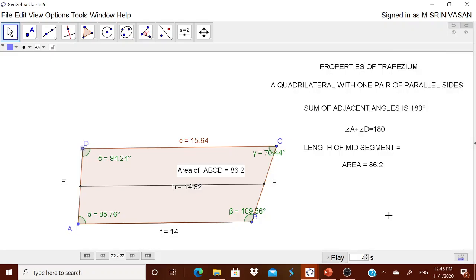and you can ask the children to calculate the area now. Therefore now with this, you are drawing a trapezium, and you are getting a family of trapezium, not a single trapezium, where a child can verify the angle property of a trapezium because of that parallel nature, and they can understand what is the meaning of that mid segment and what is the connection between the length of the mid segment with the sides, and they can calculate the perimeter and area and then check it with the answer they are getting directly from GeoGebra.